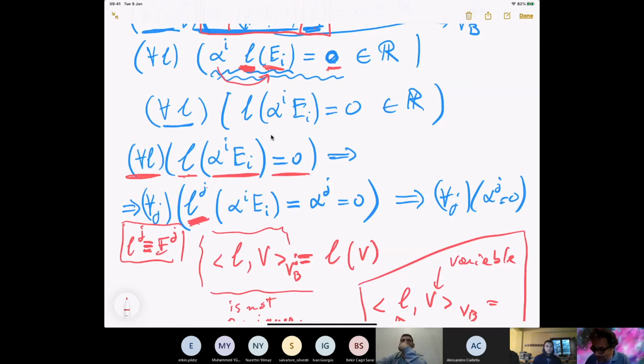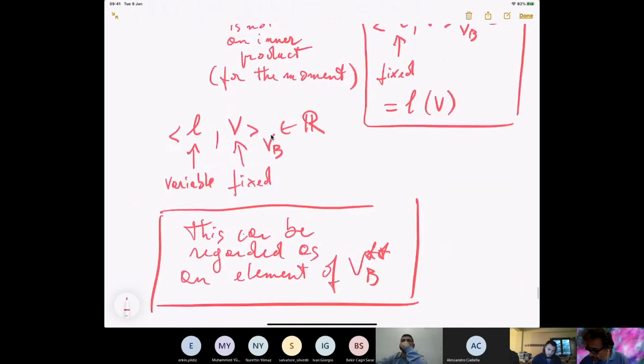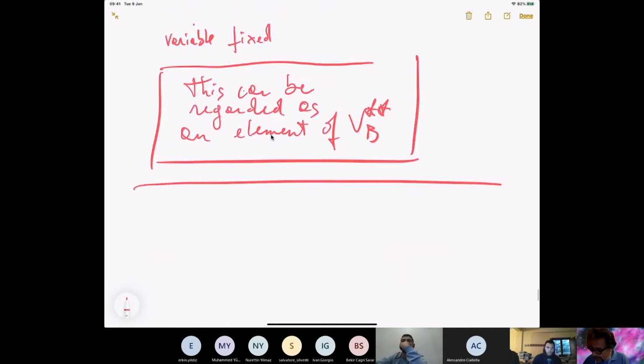Lj is mapping the vector alpha j ei into the jth coefficient. So this is exactly one of these. Which one? The jth. And so we prove that for every j, alpha j is equal to 0. So we can conclude that